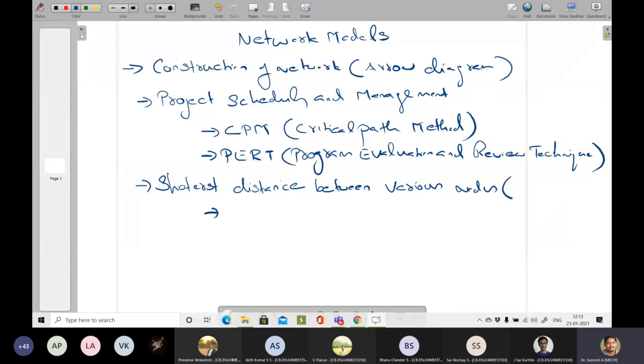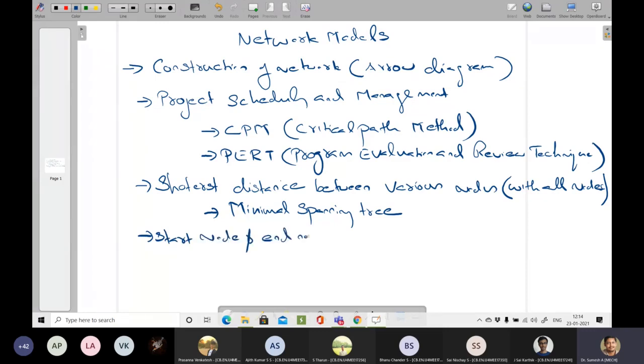One is with all nodes connected, where there is an algorithm called minimal spanning tree. The other, between your start node and end node, is called the shortest path algorithm.